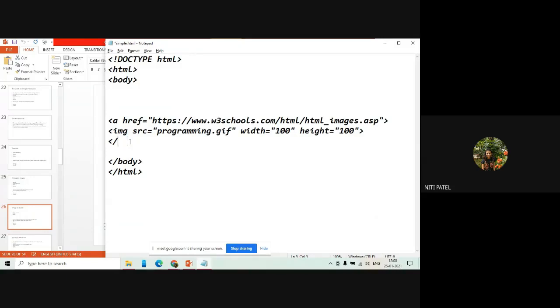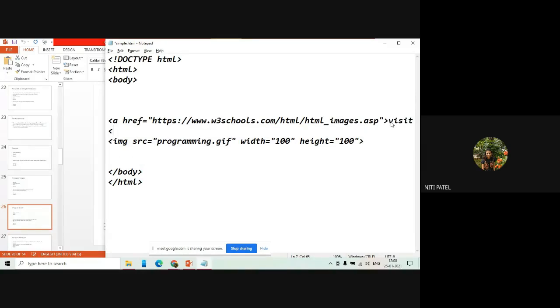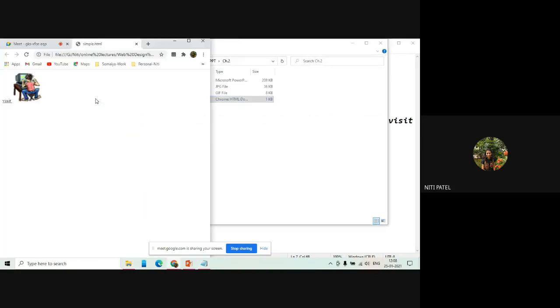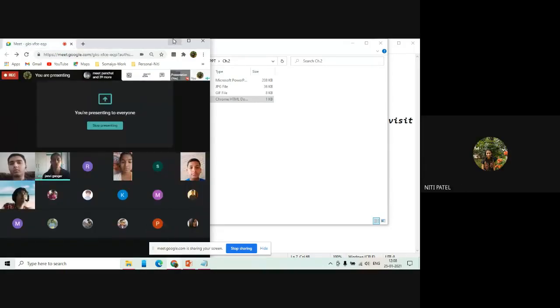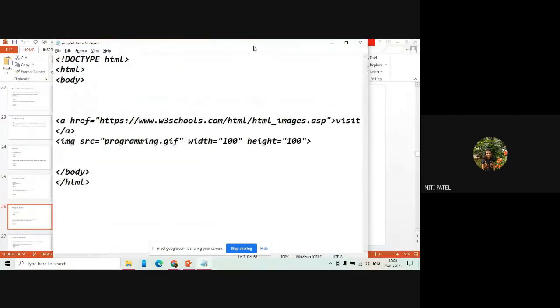Now let us see if I close this anchor tag over here. If I click on an image, is anything happening? No, ma'am. But when I click on this visit, what will happen? Then it will take me to that particular page. So do you understand what is happening? If you don't, one minute, let me enlarge this.